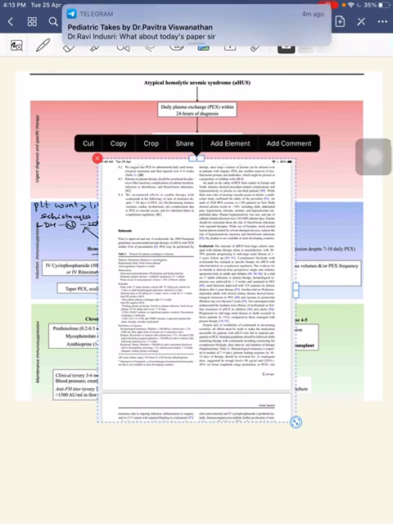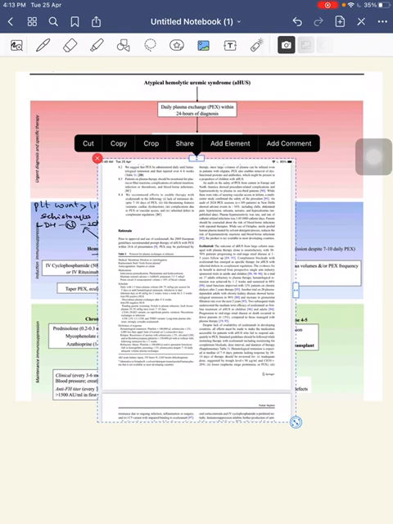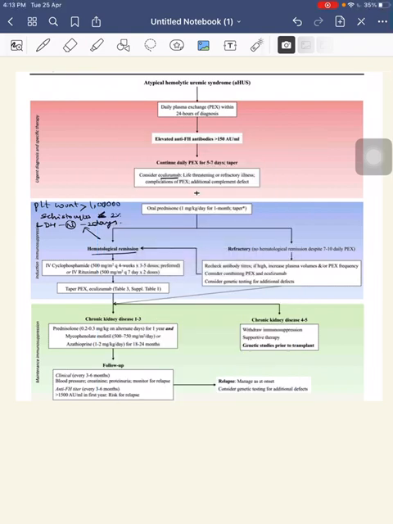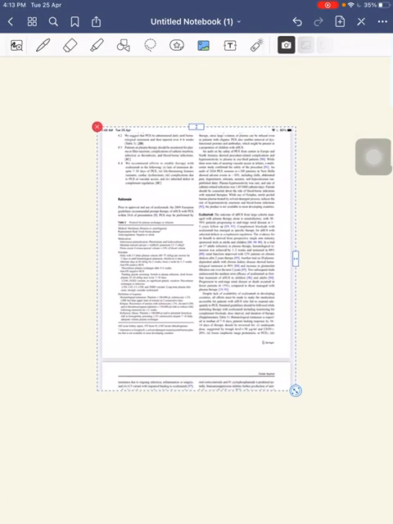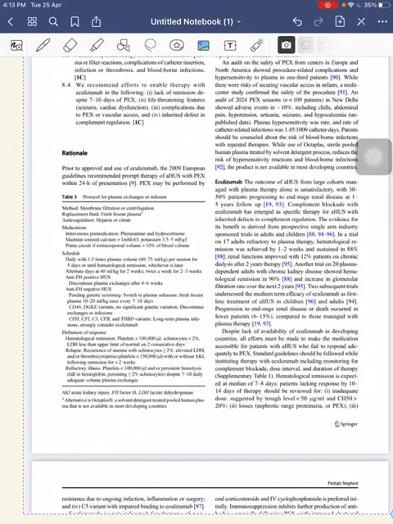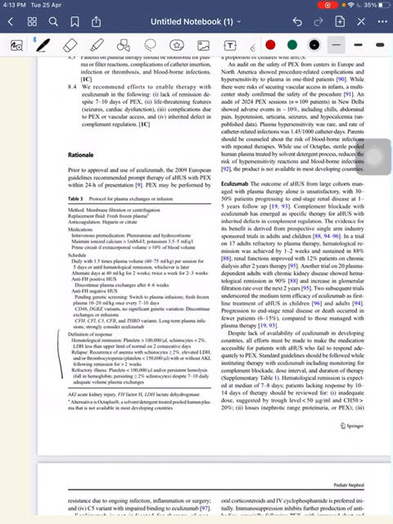Okay, next I will show you the difference between the remission, relapse, and refractory to the treatment. So, in this, I have told you for the remission. For relapse,